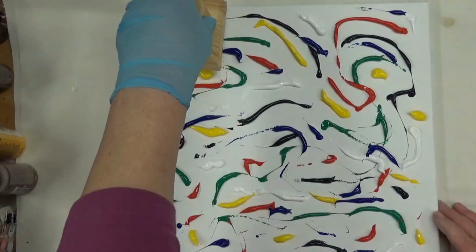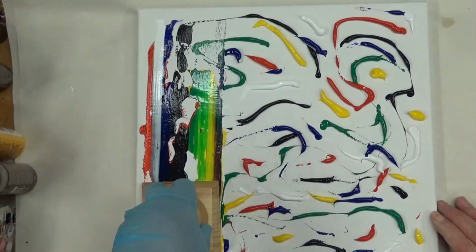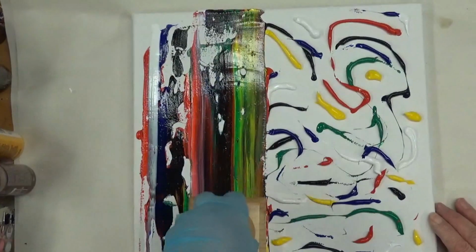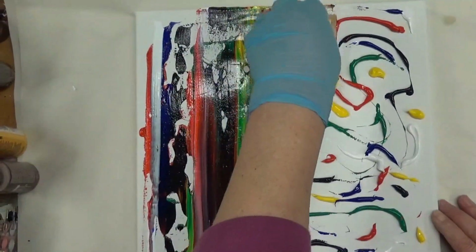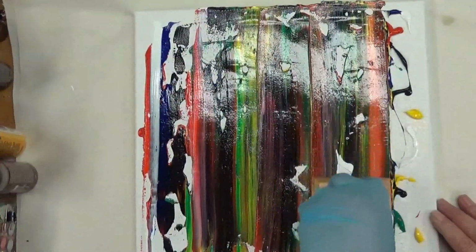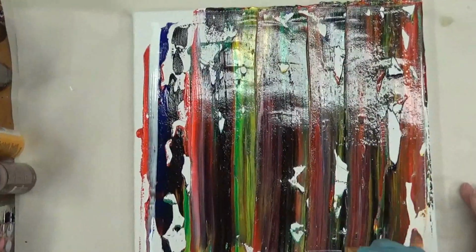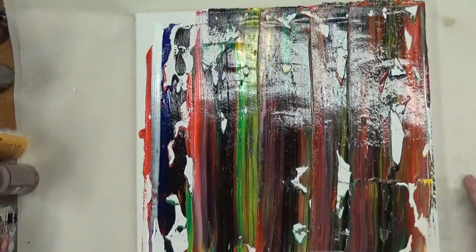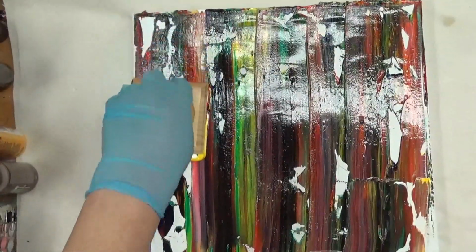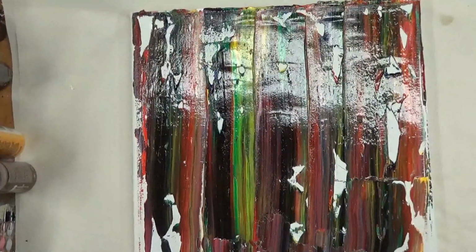Alright, so basically they took this tool and then they just went down like this. Okay, so now I see what it's doing. And then they just went like this down through it, and then went down with it like this. Okay, let's go over to the side here. Kind of like how it first started out. I'm not sure about the remaining part of it. Looks kind of